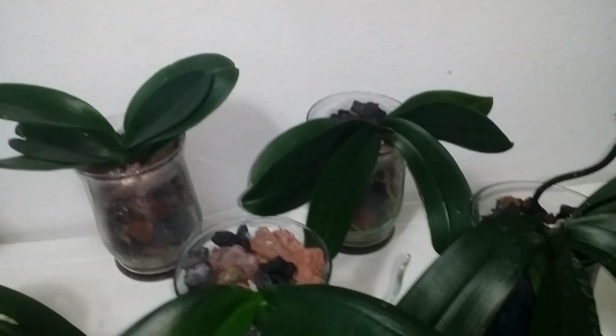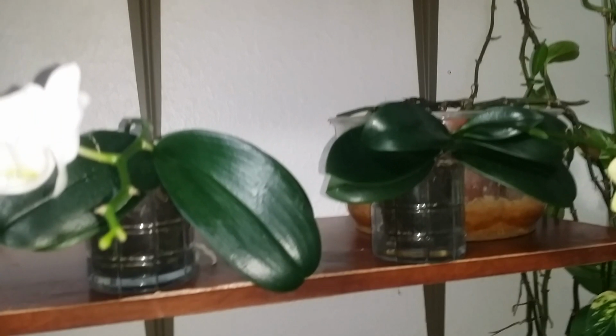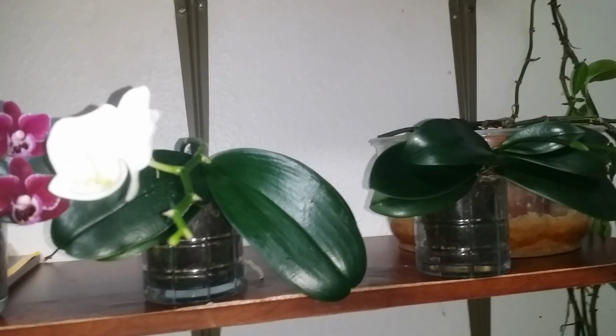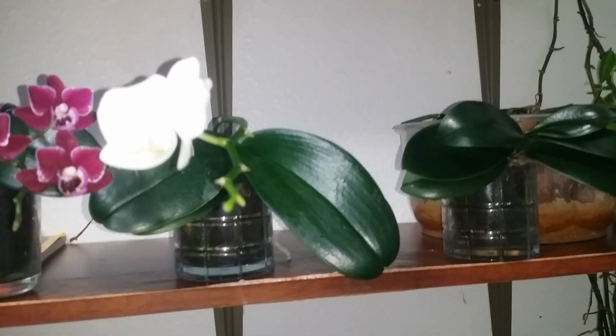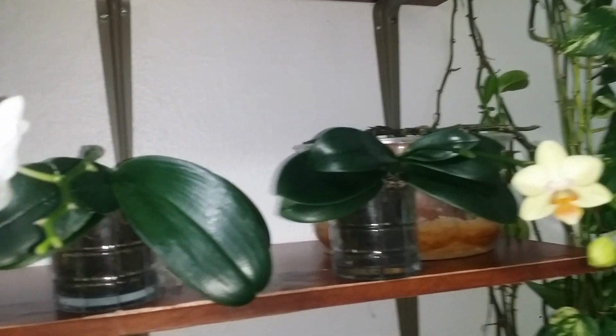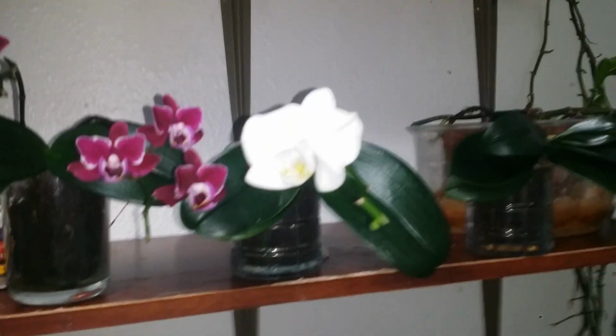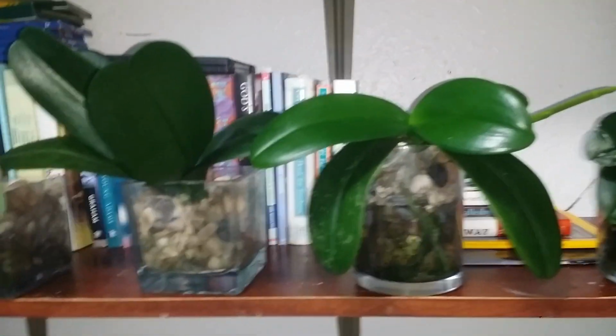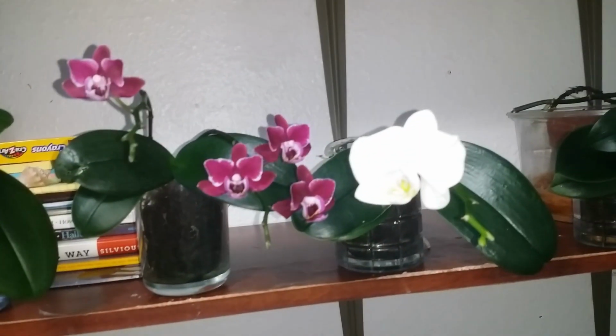And then above my orchids down there, I managed to put up a shelf here on my wall. Are my miniature orchids. They are also 7 feet away from my windowsill. They are receiving medium to low light, but right now, since